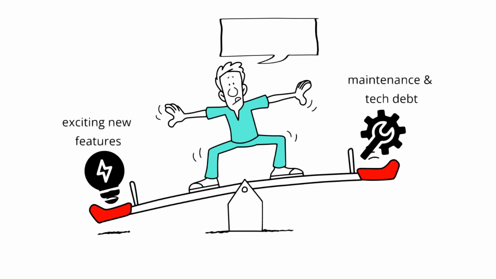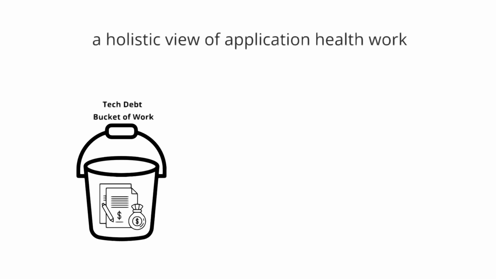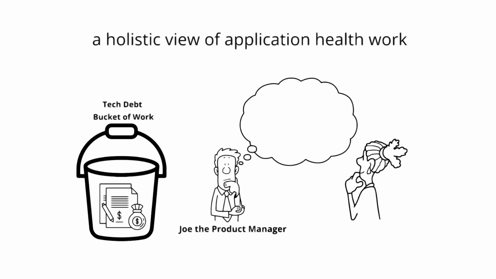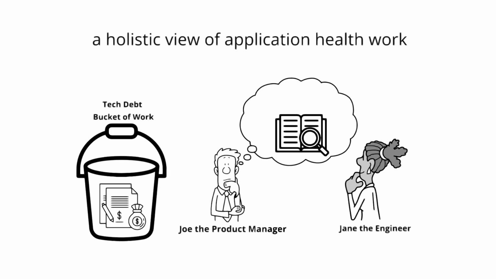In part 1, we focused on tech debt, its definition, and how to think about managing your tech debt backlog. Tech debt is only one of multiple buckets of work that make up the percentage of Eng capacity that is aligned to maintaining overall app health. It's helpful to think of application health work holistically in order to align on definitions that help drive common understanding of what's needed to be done to keep the app healthy and why. This understanding forms the foundation for appropriate prioritization conversation with product management stakeholders so that this work is actually addressed